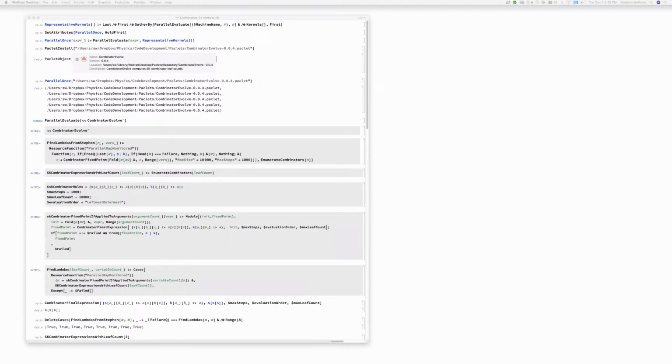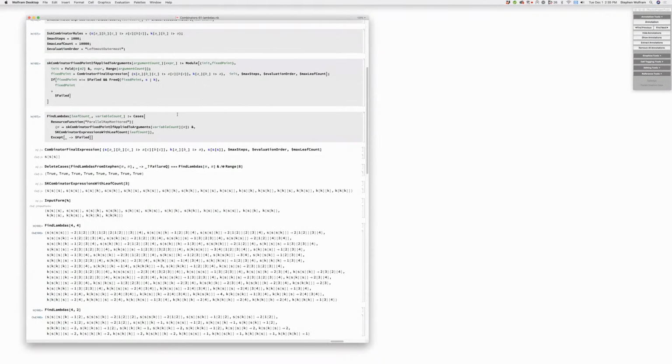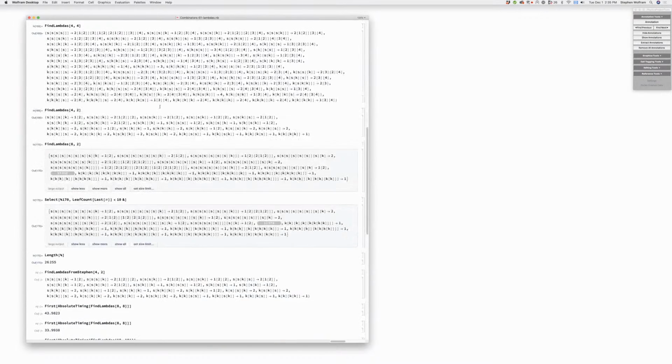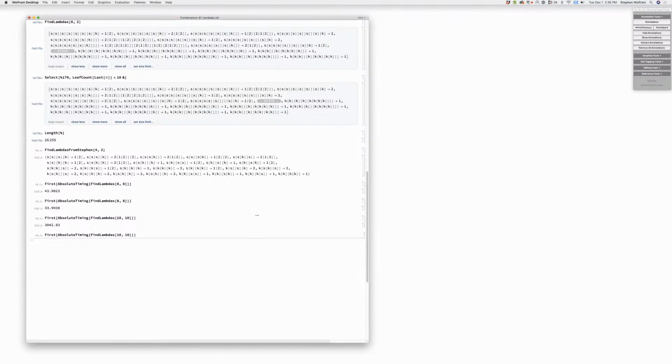Okay, for people joining this live stream, I am continuing, at least for another few days, my crazy pursuit of combinators. The topic of the day has to do with compiling Lambda expressions to combinators and how one does that. So the question that I'm asking is, what is the optimal compilation of a Lambda expression to combinators? And the thing I'm trying to figure out, first thing I want to know, let's see,